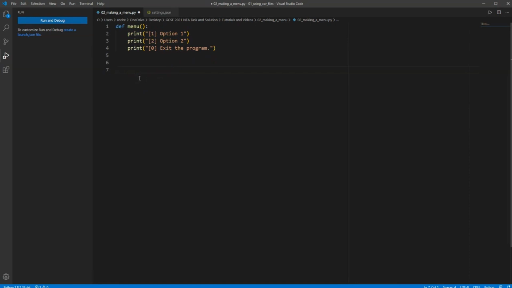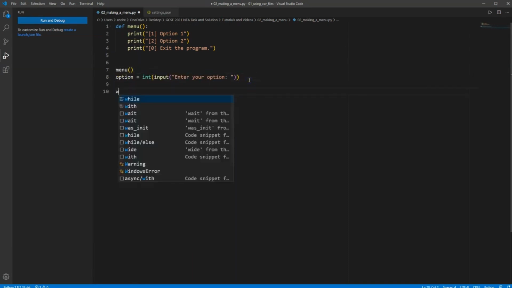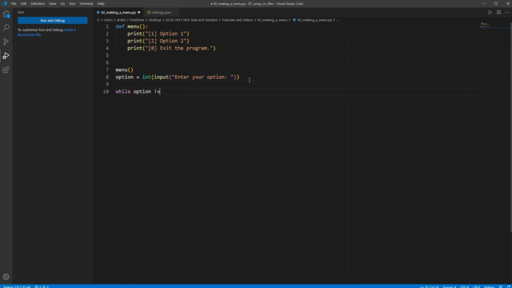Okay, so this program is going to use a while loop. So I'm going to say option equals get an int value from the user, and then do something like this: enter your option. Okay, now I should actually print the menu here. Be a good idea. So I'm going to print the menu here, then I'm going to get the option from the user. Now I'm going to say while option is not equal to 0,